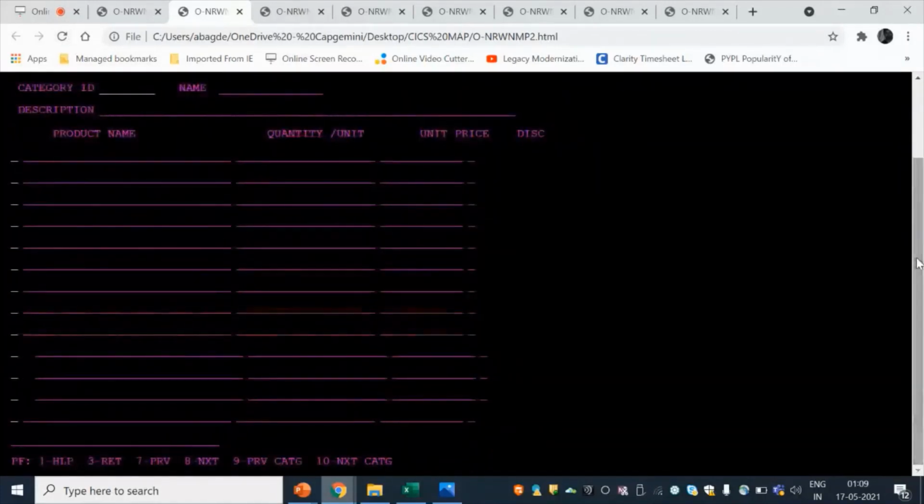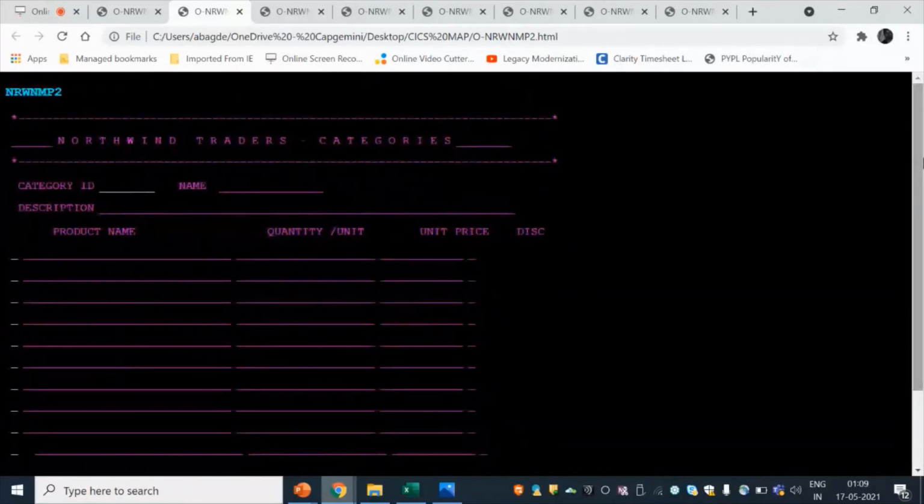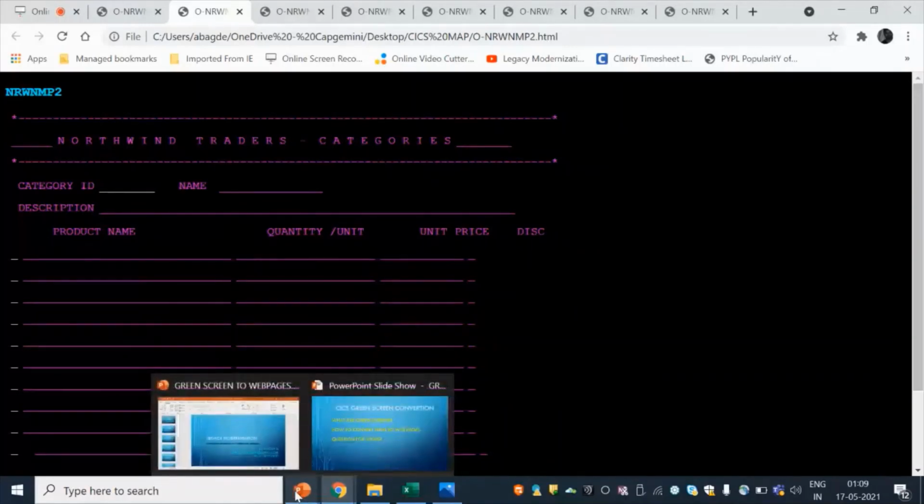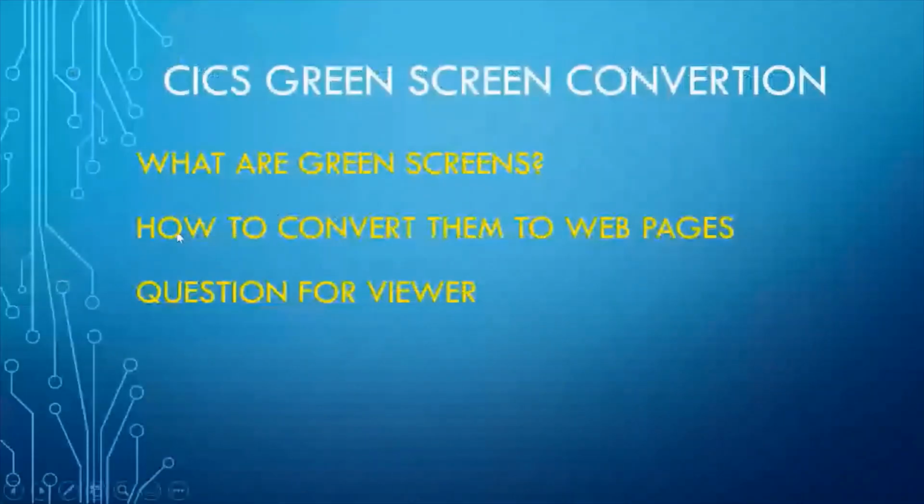So this way, not only HTML and DHTML, you can generate PHP web pages or Java web pages, JSF, Beans, Django framework web pages, Ruby on Rails, or any web layout that you know. So the equivalent of the CICS screen we can generate. So here I'm done with the second point also.